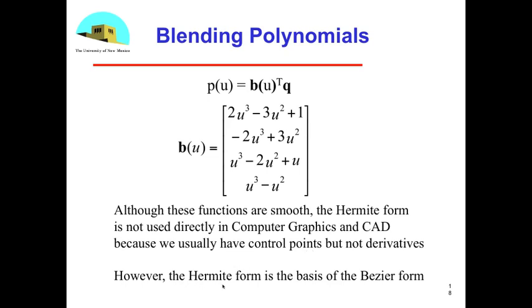However, what I'm going to do, I think in the next lecture, is show you how the Hermite form, it's not here for nothing, you can approximate the derivatives here, and you'll wind up with the Bezier form, which is probably the most commonly used one, certainly in computer graphics. Okay, so a couple of things to